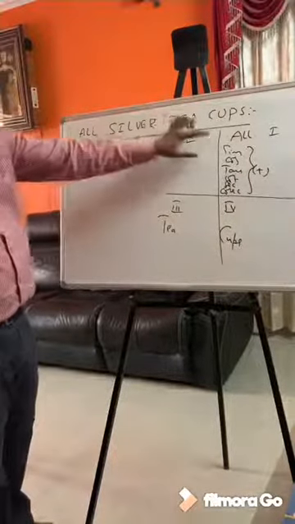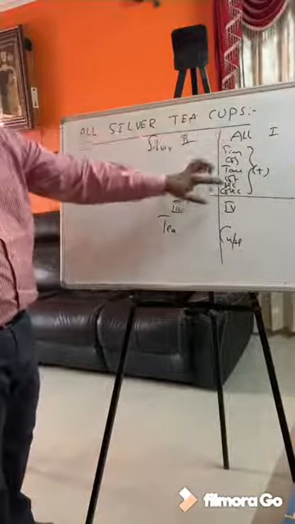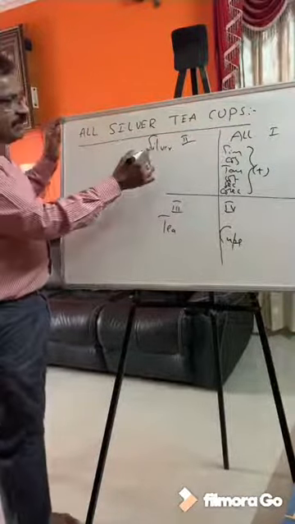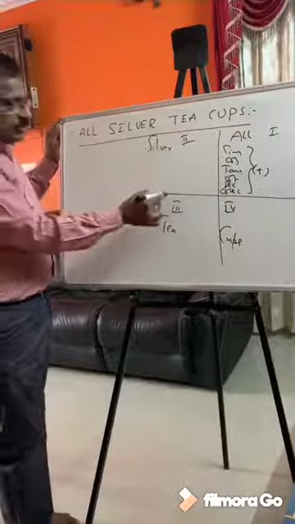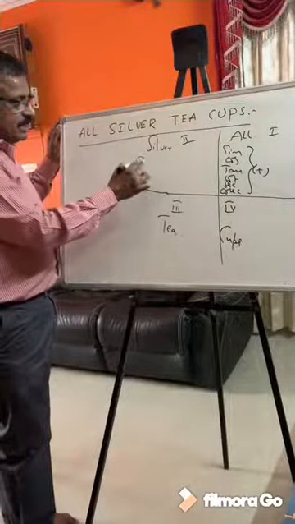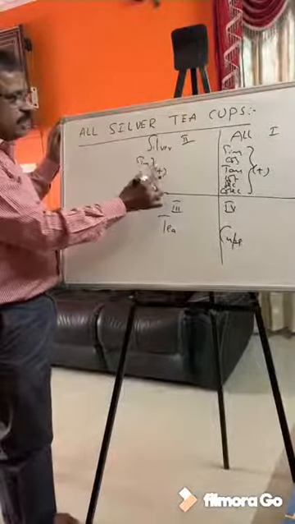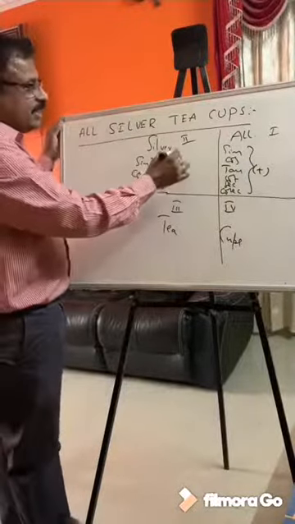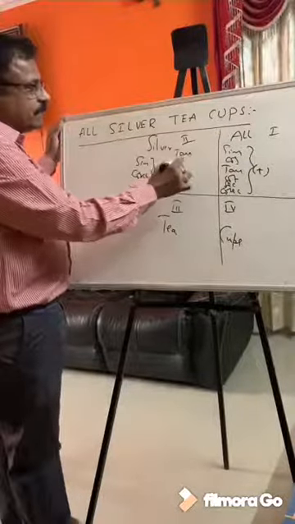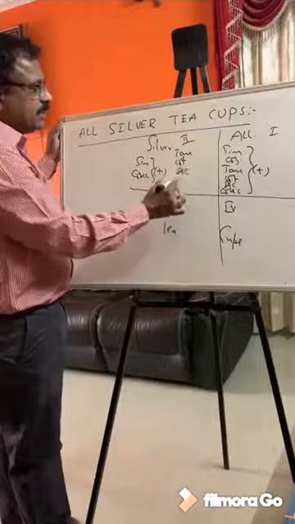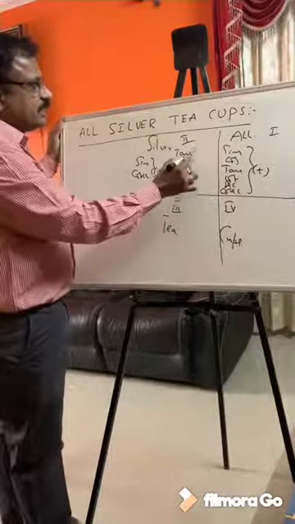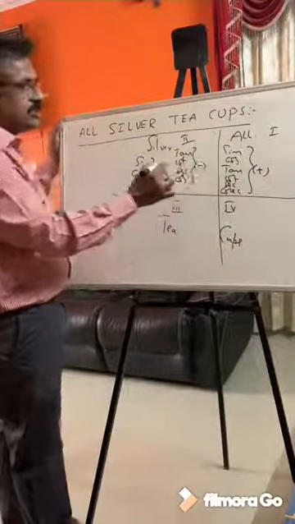In first quadrant, the meaning of all is all are positive. The meaning of silver, what is the first letter? S. So, sine and cosec. These two are positive. Remaining 4 negative. What are the remaining 4? Tan, cot, secant and cos. These 4 trigonometric ratios are negative.